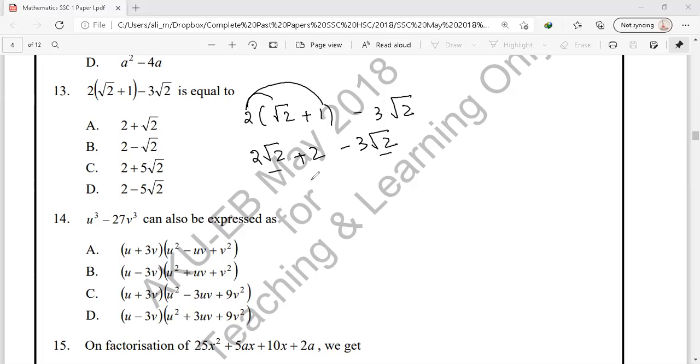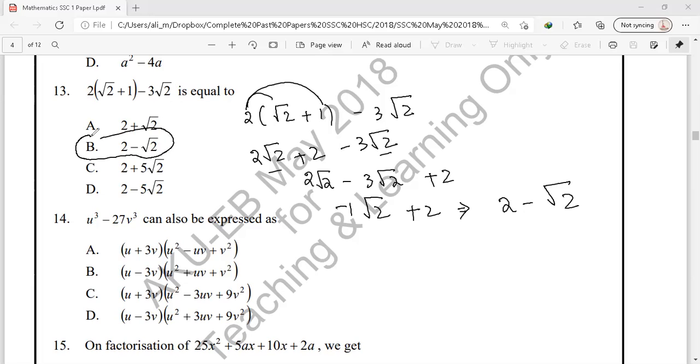2 root 2 माइनस 3 root 2. सो दिस वुड बिकम माइनस 1 root 2 प्लस 2, जिसको हम इस तरह से भी रिप्रेजेंट कर सकते हैं दैट 2 माइनस square root 2. So for question number 13, we have the correct answer, that is option B. So here we have our correct answer. Let's see question number